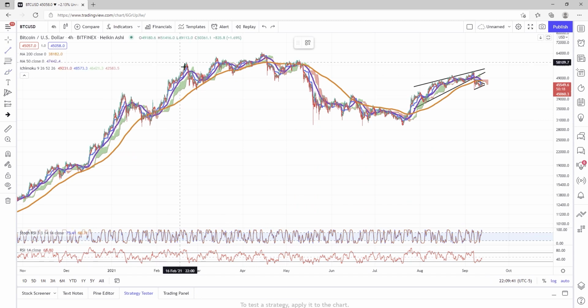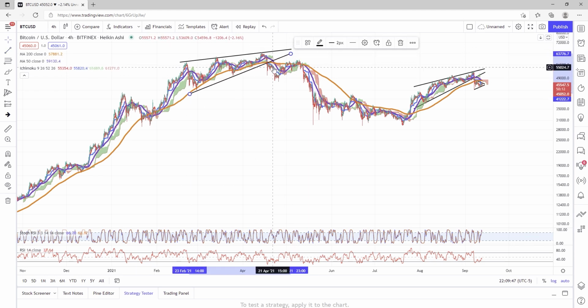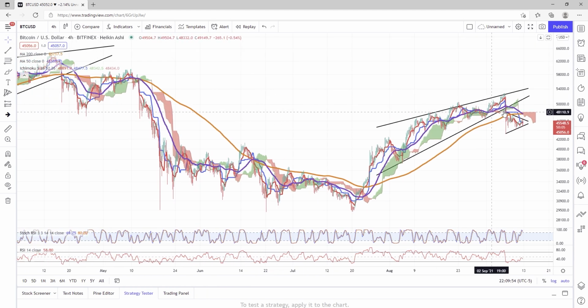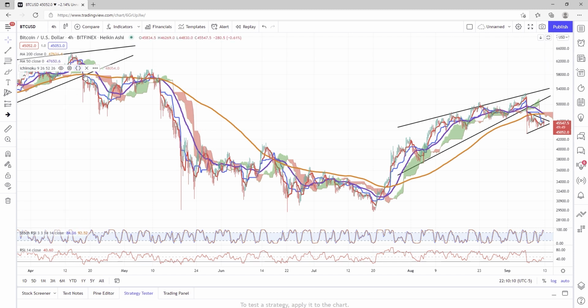But we can see the impacts of an ending diagonal pattern by looking at April's price action. We can see very similar patterns and price action. If we look over here, this is current day, we can see price action struck through the 50 and the 200, 50 moving average, death cross. We ended up with a symmetrical triangle. Same thing over here. Price action cut through the 50 and 200, symmetrical triangle here. Very beginning stages of a death cross, but this really bled Bitcoin down from 55,000 wicking down to